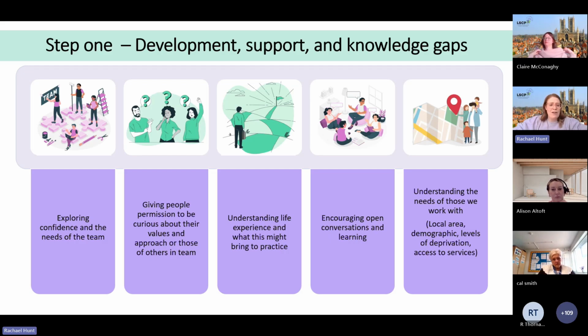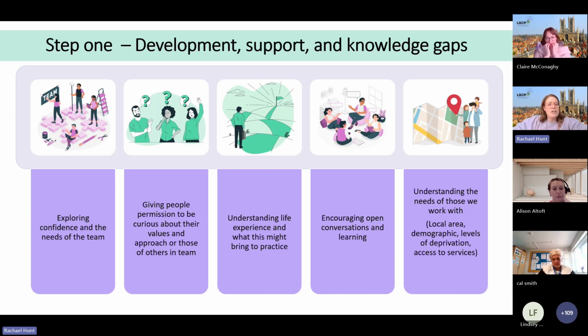So just to focus on step one, that relates to the question where we've looked at how you look at development within your team, what support people might need, and what knowledge gaps there are. We've highlighted a couple of these areas, and what we'd always encourage people to do is take that time to pause and reflect. I think it's also useful to pause and reflect about our own development, support and knowledge gaps, and where your other staff members might be at. And it's really nice to see that lots of people have group learning activities, and those are really supportive in terms of exploring that wider team.